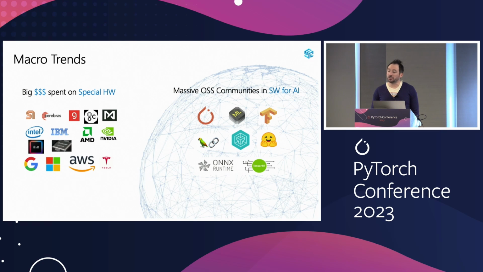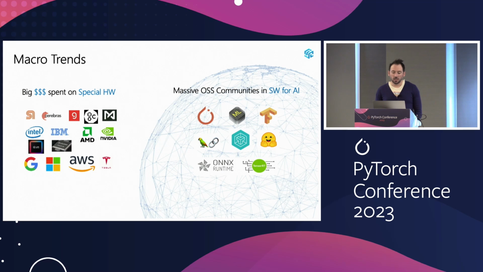On the software side, we also see a lot of investment in the large open source community. We see a really large community around PyTorch, ONNX Runtime, Hugging Face, etc. One thing we find interesting here is a virtuous cycle between researchers that create new machine learning models, engineers that make them run efficiently, and hardware vendors that try to run them better